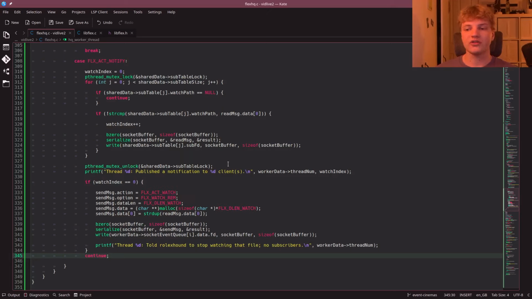So what this does, I unlock the mutex, again, pretty self-explanatory. And this is where I log, I published a notification to this many clients. And now here, if watch index is 0, so we didn't find anybody to send this to, which is kind of sad,